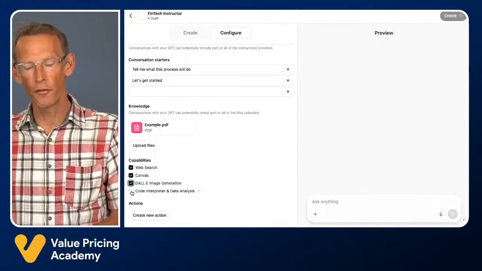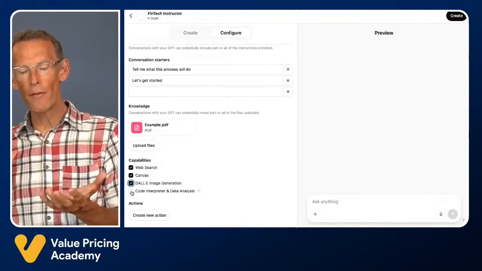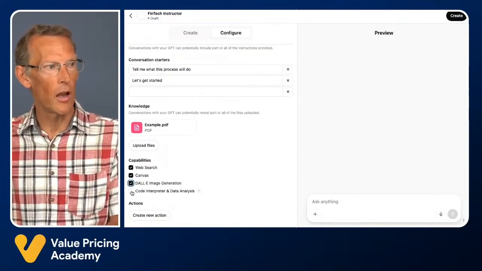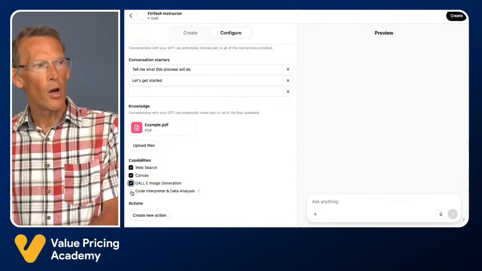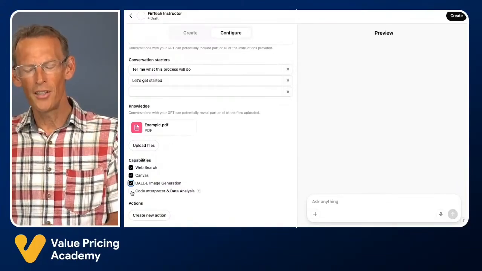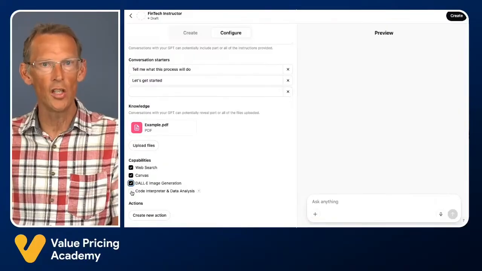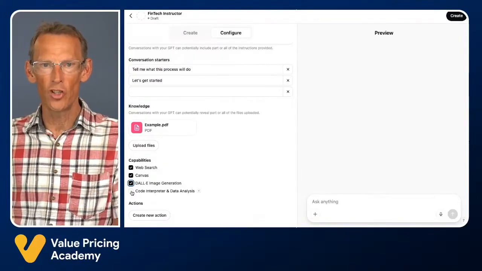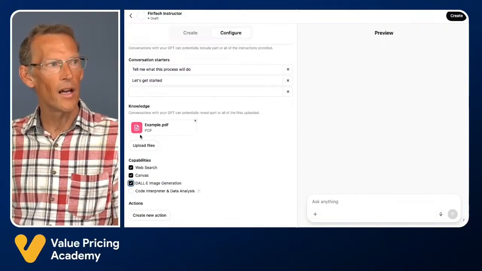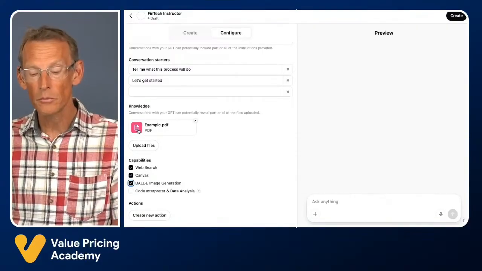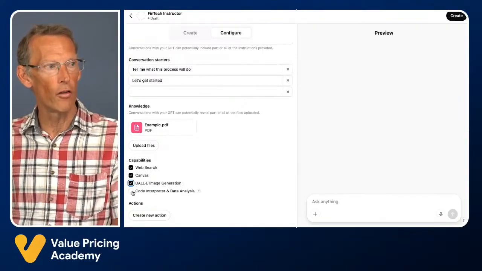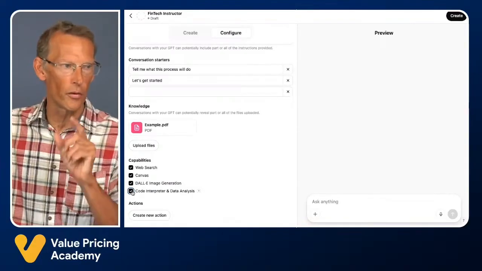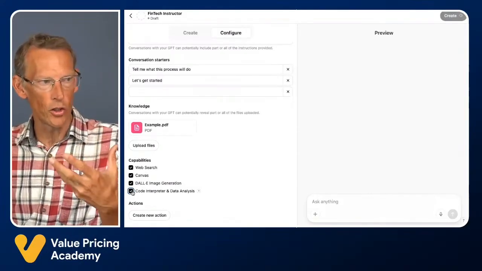The fourth one is off, and the reason for that is because if you ever share your GPT, for example, put it on the GPT store or share it with clients, then when Code Interpreter is turned on, it's not that difficult to hack a GPT and access the instructions. And with a little bit of ingenuity, it's possible to also hack and get the knowledge base as well. And that's why OpenAI made it off by default. So I would always recommend that you only turn this one on if you want it to use Code Interpreter.